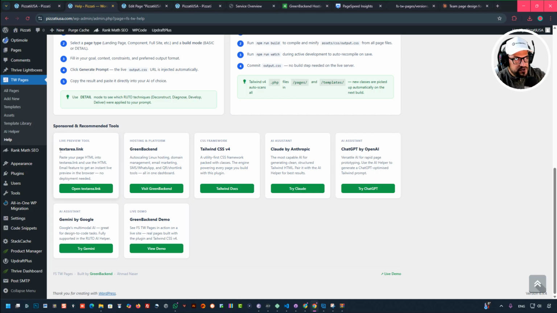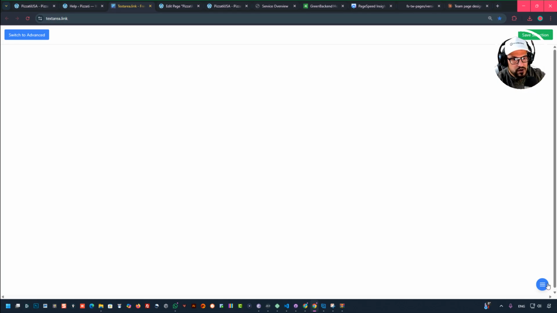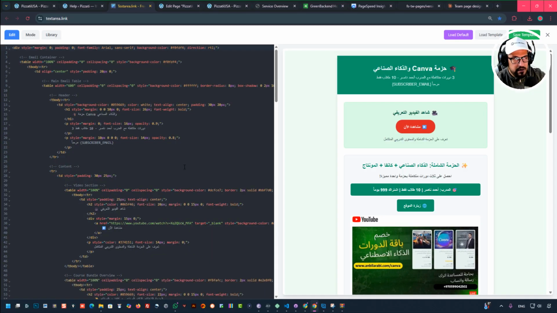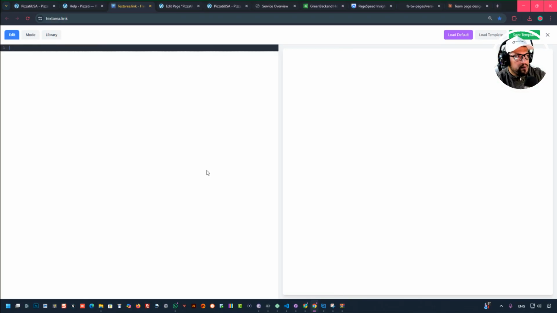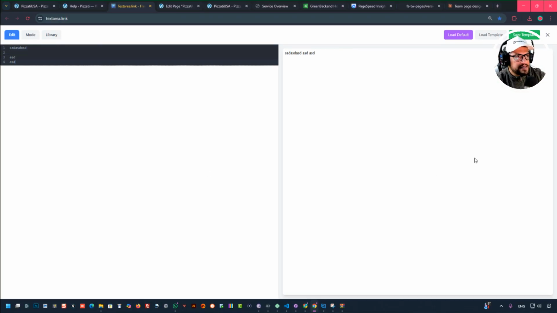The first thing is for TextArea.link. This is a free service that you can use in order to preview the generated HTML pages before you apply them to the pages. So you go here to the menu. We have something called HTML email. So notice here, you can type any text and preview it as